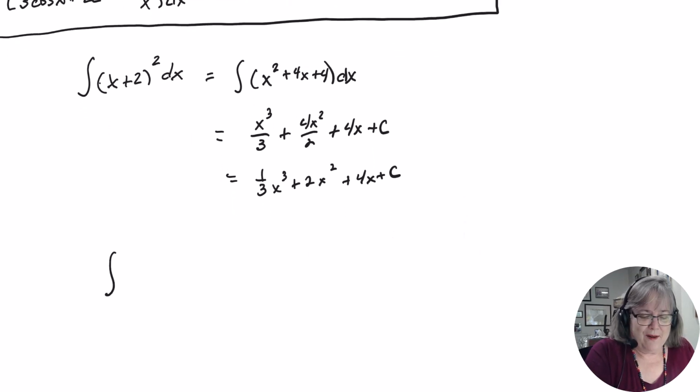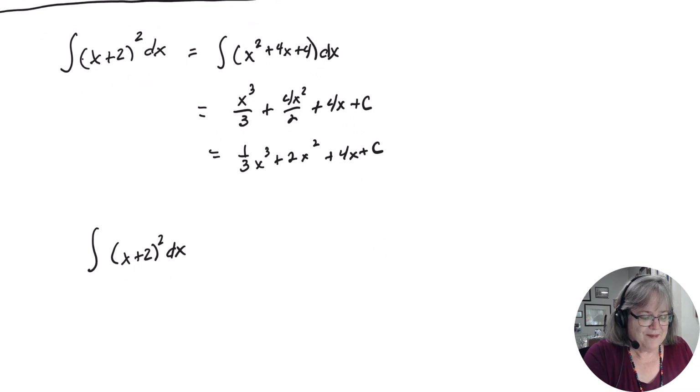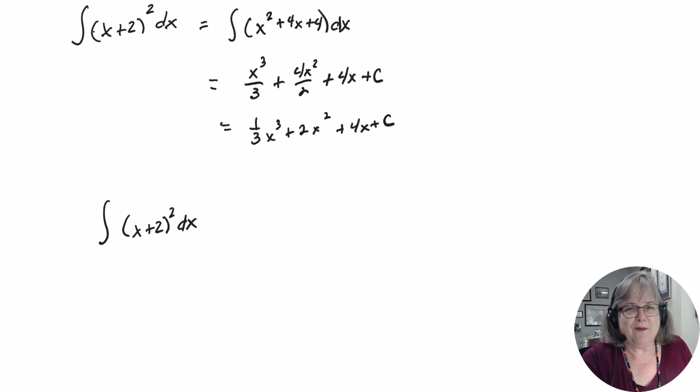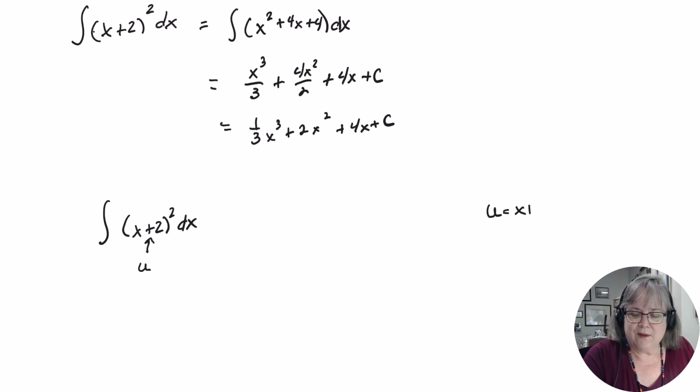Now, what we can also do now, and I'm just going to get you to try to trust me for just a second. Kind of a dangerous thing, right? I'm going to try to show you the u substitution before we actually get too far into it, just so that you can see how it goes. So what would happen is, let's say that this, because we would have taken the chain rule to find its derivative, right? So let's say that this is u, all right? So if u is going to be x plus 2,